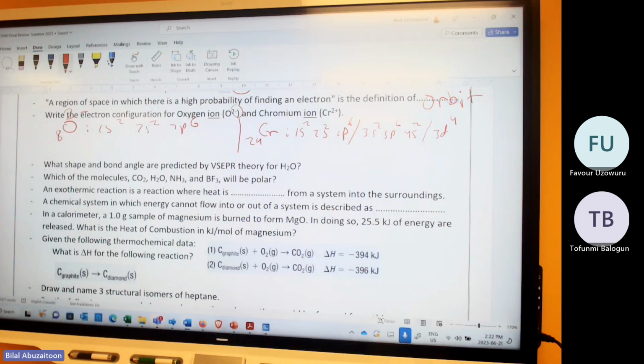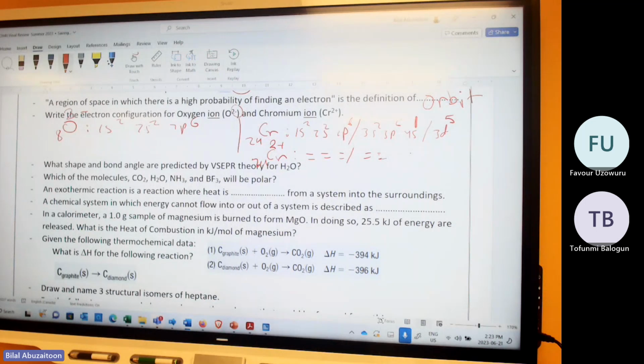Yes, half filled. So the s becomes 1 and the d becomes 5. For chromium 2+, you will do the same here. 4s1, 3d5. When it's 2+, the electrons should be removed